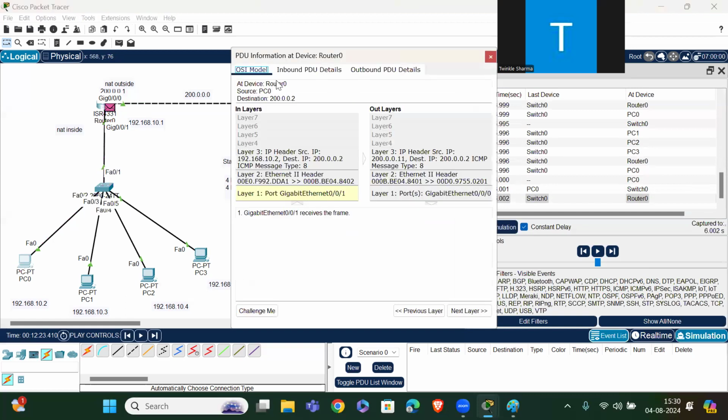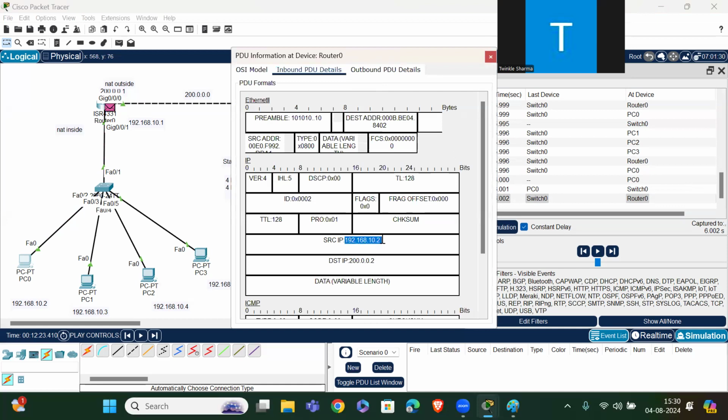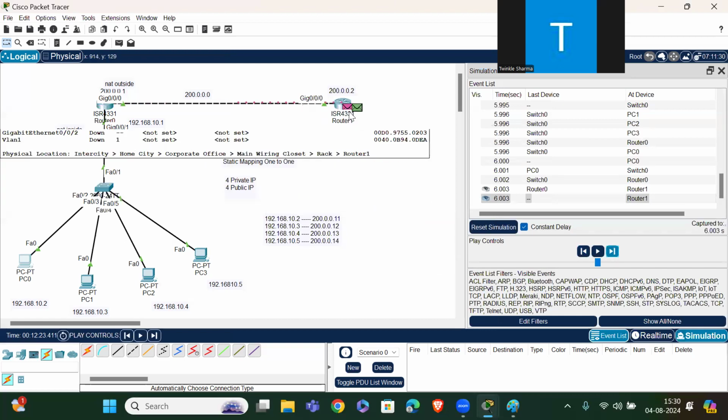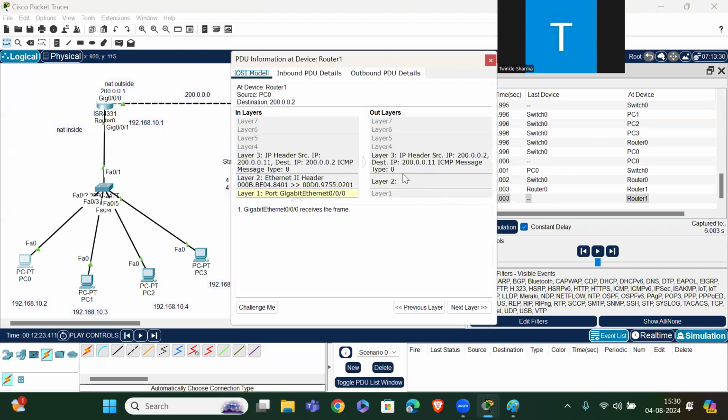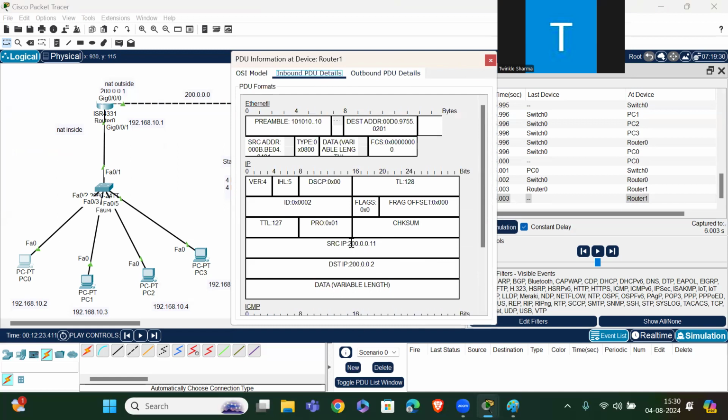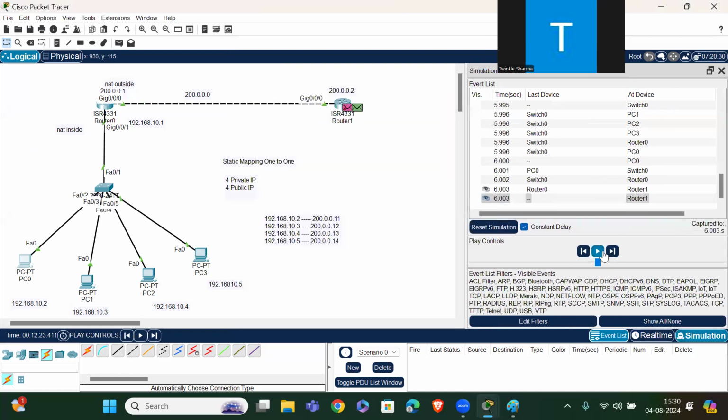Let's check here. The source IP is 192.168.10.2 and the destination is 200.0.0.2. Here the source IP is 200.0.0.11. It got mapped, and the destination is 200.0.0.2. So the mapping is done correctly. Let me check here also. The source IP is 200.0.0.2 and the destination is 200.0.0.11. Let's resend.